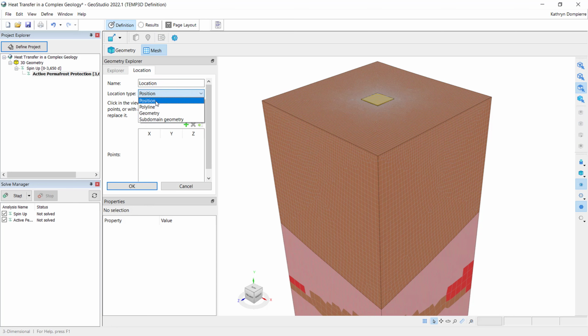In the Location tab, I will use the Position Location type to enter the following points in the data table: 5,630, 428.5, 575; 5,630, 427.5, 575; 5,630, 425, 575;